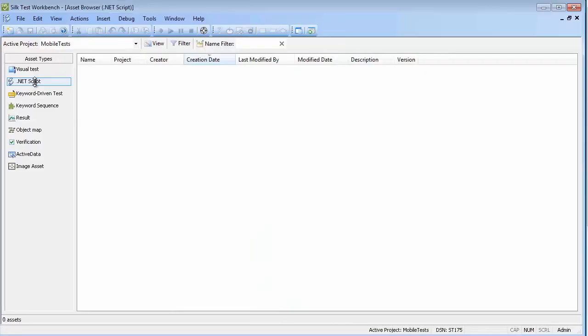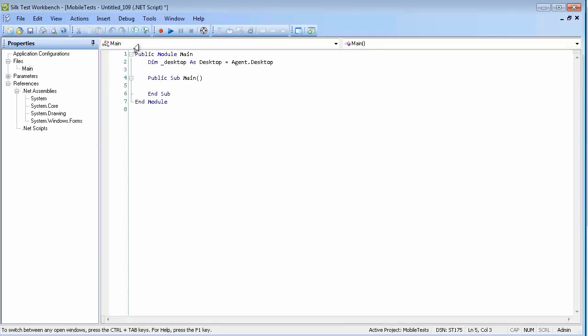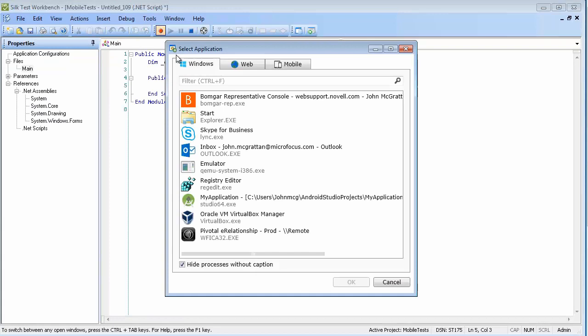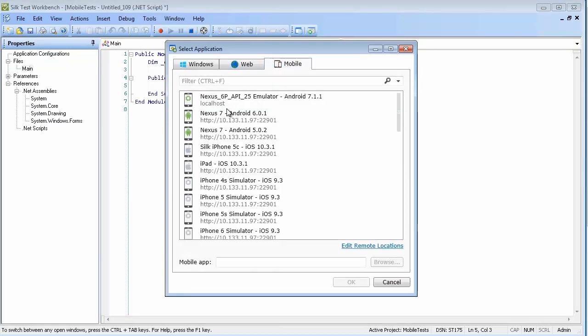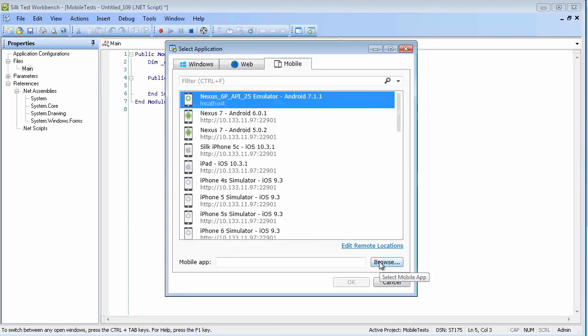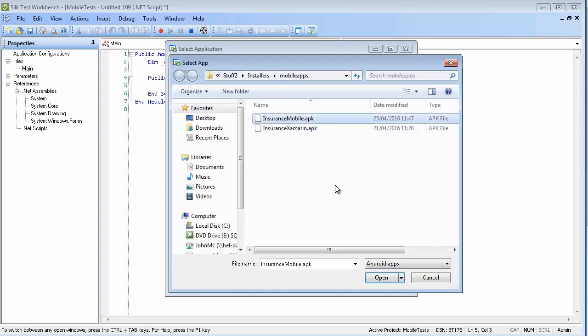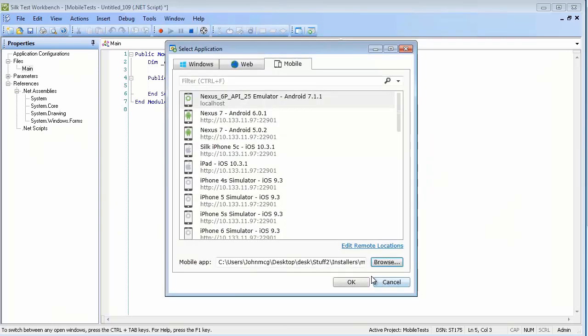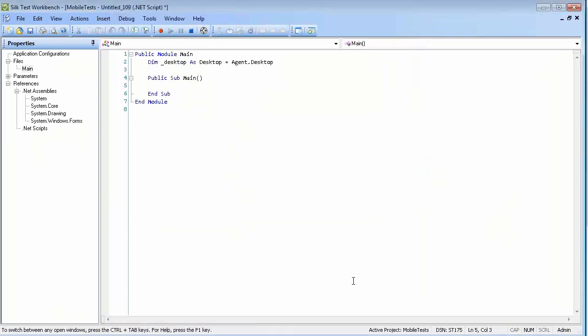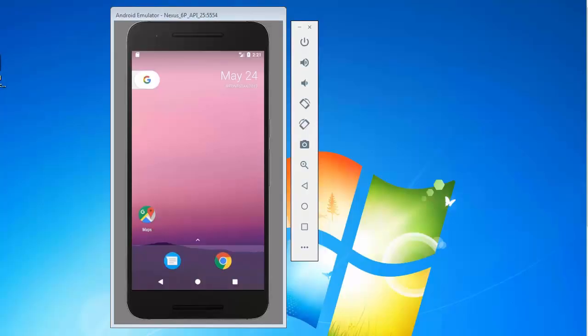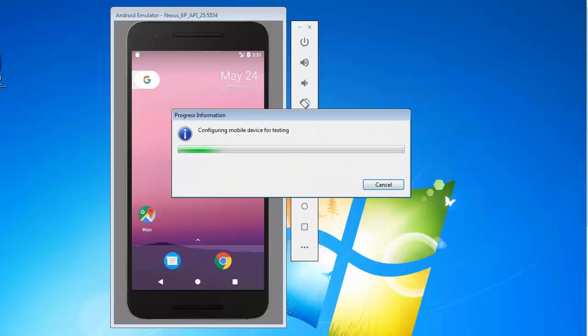With the Android emulator now running, launch Silktest Workbench and create a new .NET script. When you start recording, the new emulator is available for selection from the application configuration dialog. You can select this emulator in the same way as you can select any physical device. Once you have established the connection between Silktest and the emulator, you can record the actions that are performed on